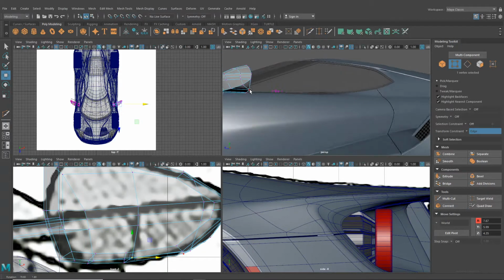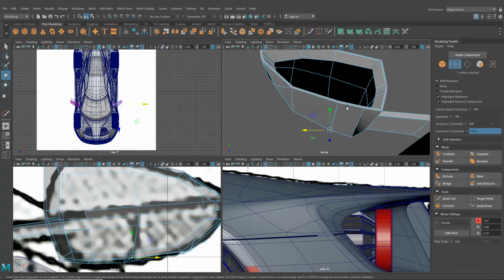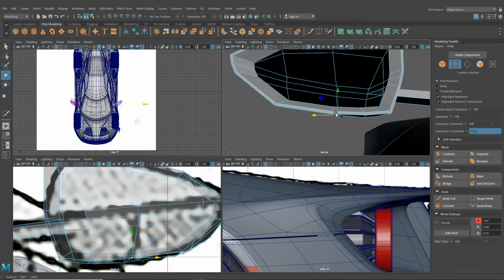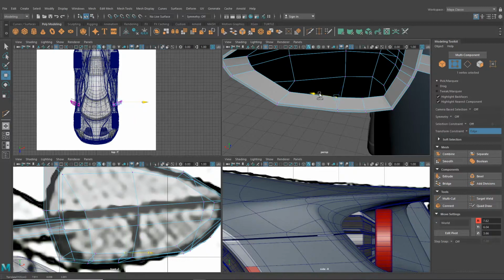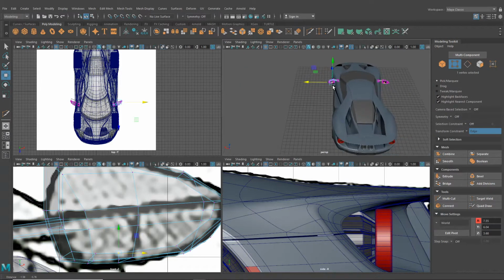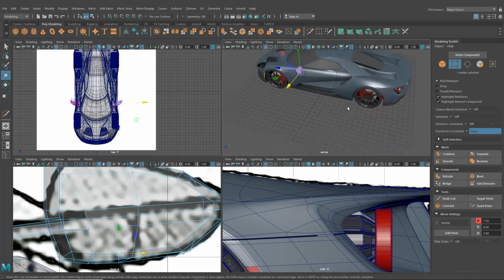Go across there. I think we'll take these ones as well. Yeah, I'm not sure why this would need to fold, considering it's practically as wide as the rear wing here, but